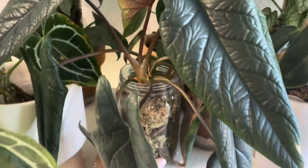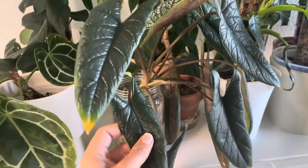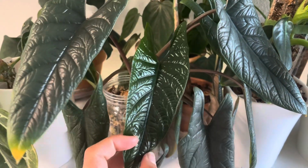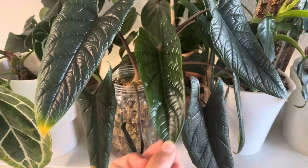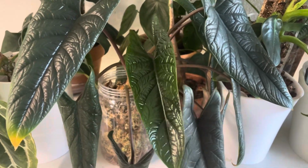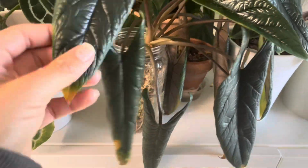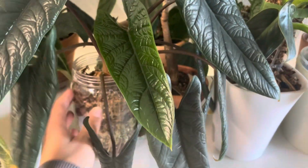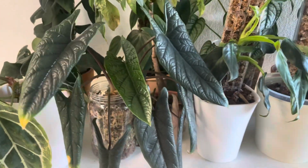This is probably my favorite alocasia that is left in my collection. I just watered it, so it'll perk back up in a little bit, but this is my alocasia scalparum. It is absolutely gorgeous. I call these crocodile leaves because it just sort of reminds me of crocodile skin, and it's very easygoing. It's a really nice plant. It puts up with my underwatering. It really loves the no drainage setup that I have in here for it, so it's just happily living life. It did have spider mites for a little bit last year, but I think we have those all taken care